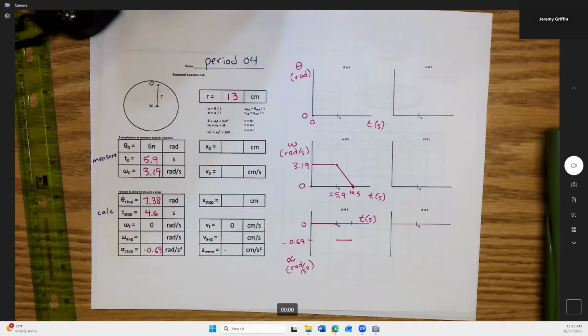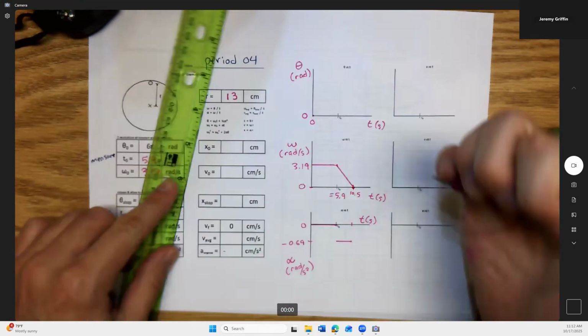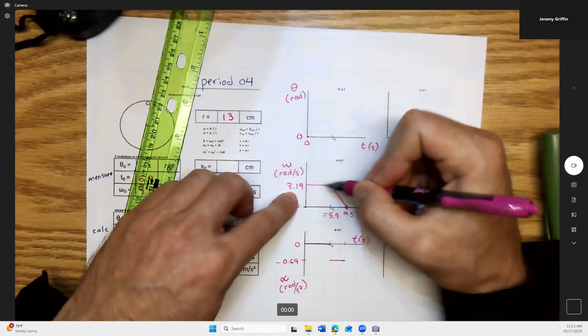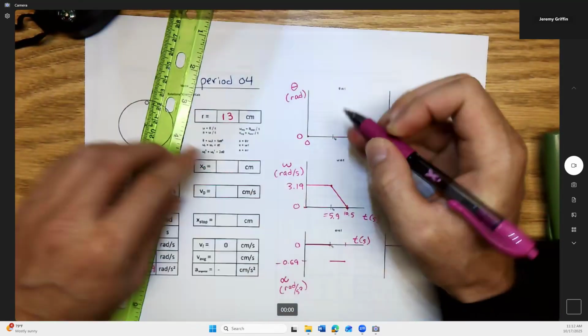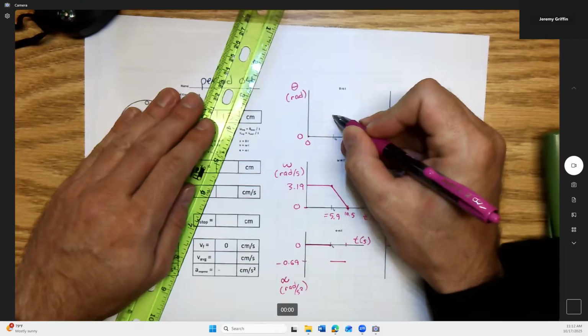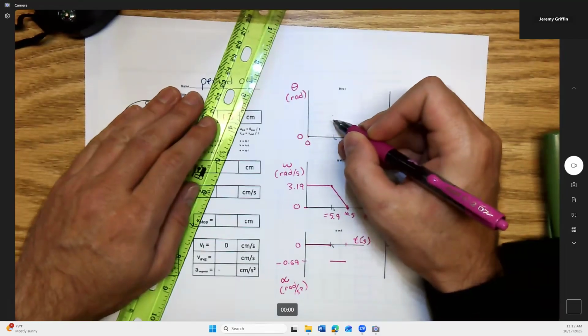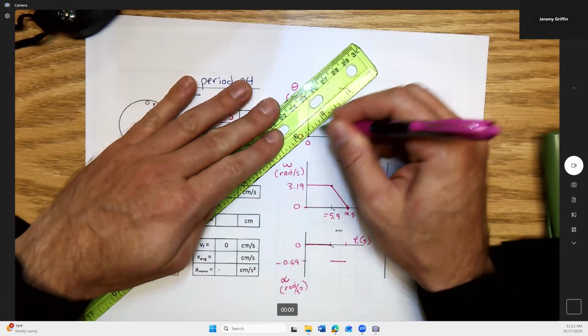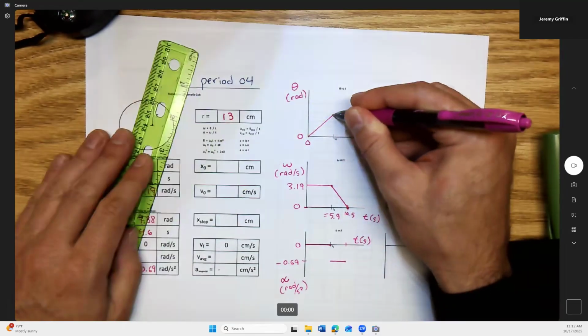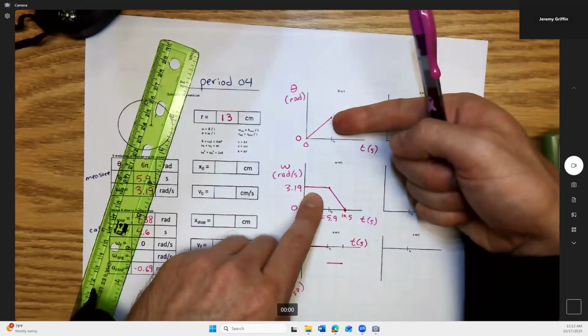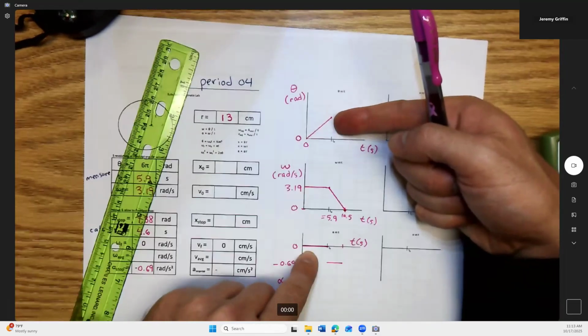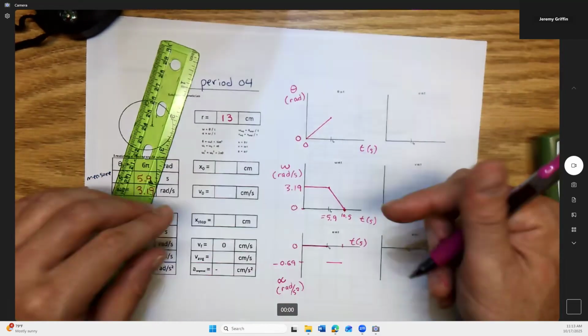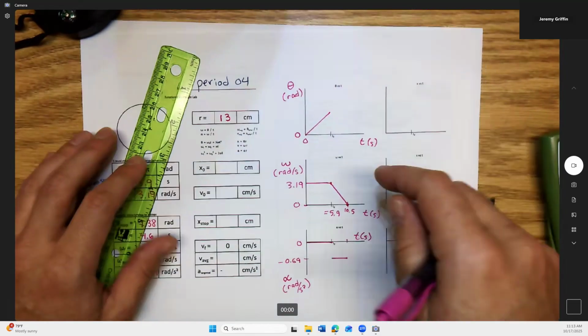All right, nice. So what a bunch of you guys figured out is that while it's rotating at constant angular velocity, it's accumulating angular distance at a constant rate, and that just looks like a straight line. This does correspond to this, right? Also zero acceleration. But then when you take your hand off and let it slow to a stop,